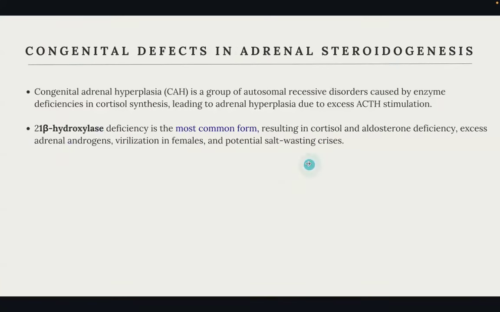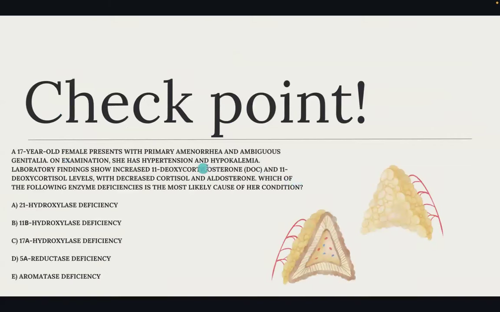Now, let's discuss the checkpoint first of all. So let's see how you can solve a question here. First of all, a female presents with primary amenorrhea and ambiguous genitalia. On examination, she has hypertension and hypokalemia. What does this give us? This gives us an effect of hypertension. So this means that I have high aldosterone, hypokalemia,